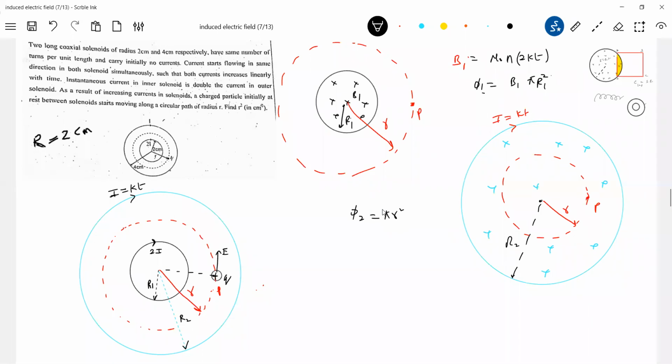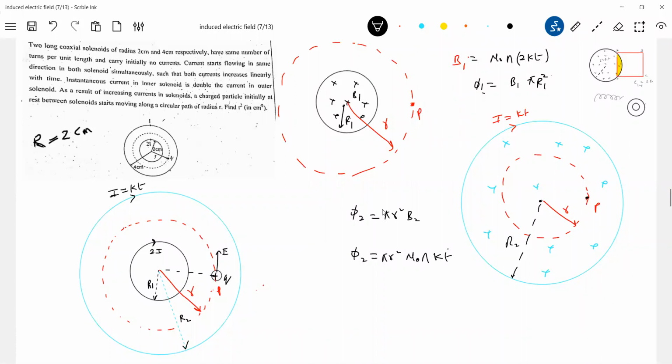Try to notice. The point P lies outside this solenoid, but B bar is confined only to the circular region of 0 to capital R1. Here the B bar is confined to the circular region from 0 to capital R2. But we want till only r, so the effective area is pi r square. So pi r square into dB2 by dt. So this should be equal to how much? Mu naught n k. Okay, so we are not integrating, no? Differentiating. Keep it here, mu naught n kt.